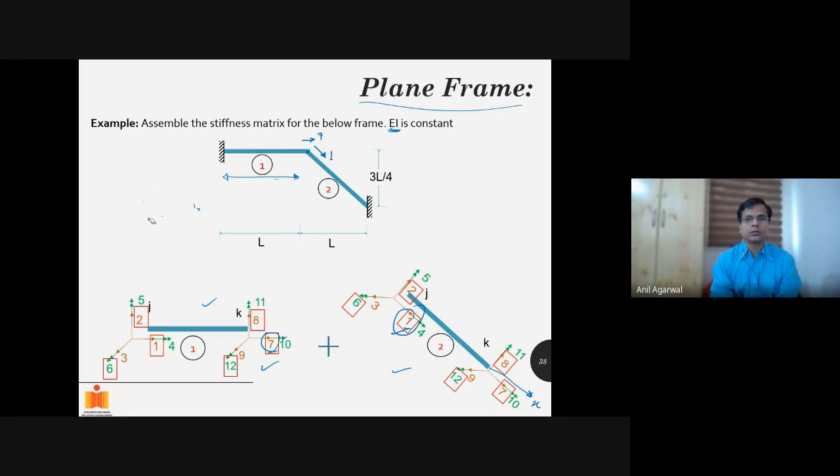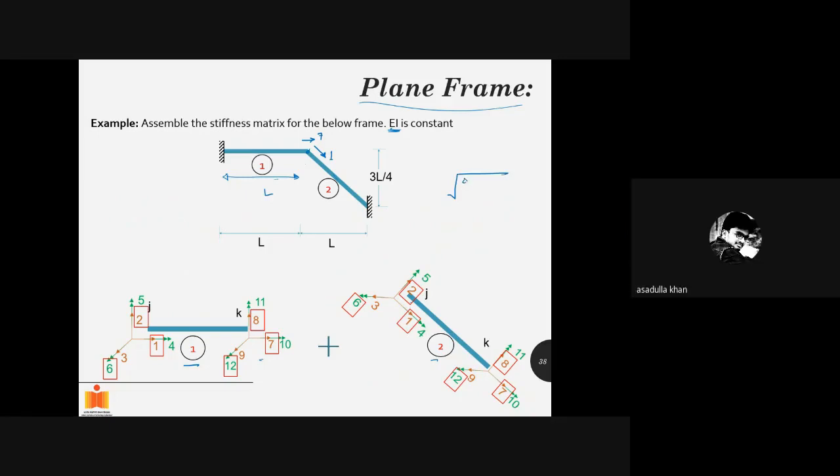So we have to do something called transformation, or rotational transformation. Before we go into rotational transformation, at least let us develop the stiffness matrices for member 1 and member 2. This is member 1. This is member 2. What is the length of member 1? It has length L. Member 2 has a length of